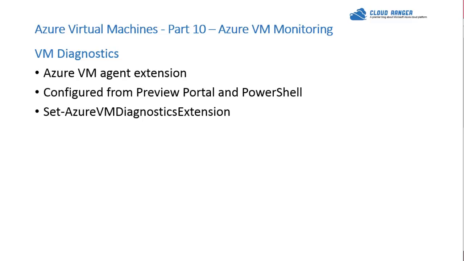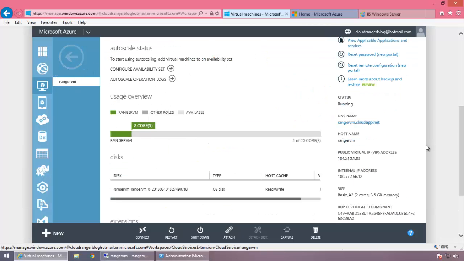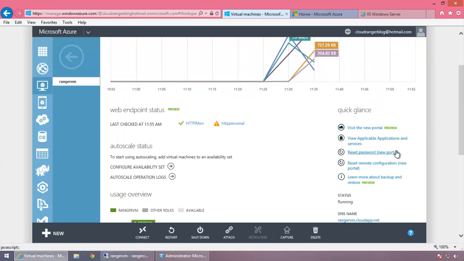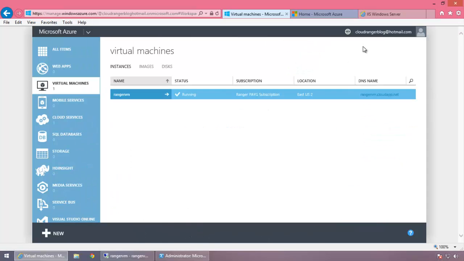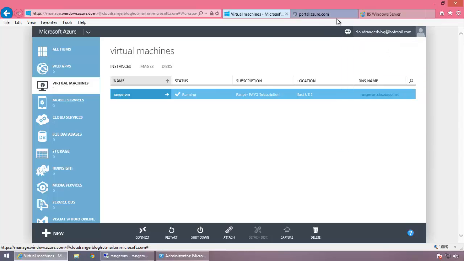So coming back to our topic here, VM Diagnostic, this is only enabled from Preview Portal and PowerShell. So if we go back to our client and if you look over here, you can't just do it from here, okay? And the other thing I want to show you over here is that, look, there's reset password, then there's reset remote configuration, all this stuff, they're all there in the preview portal. I mean, Microsoft is giving you that option and kind of giving you a heads up, hey, there are ways to do this right now from UI, and you can do this from the preview portal. So if you recall properly, the way you go to preview portal is switch to Azure preview portal, and